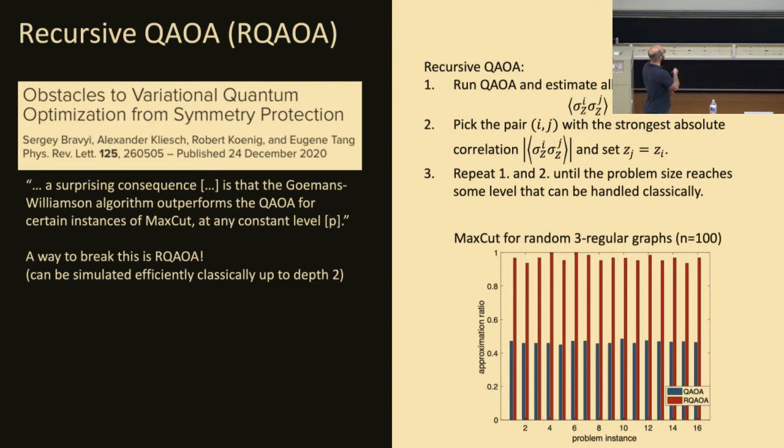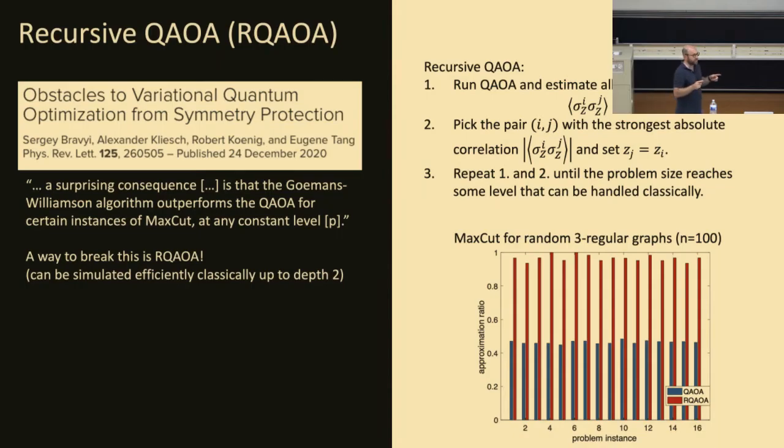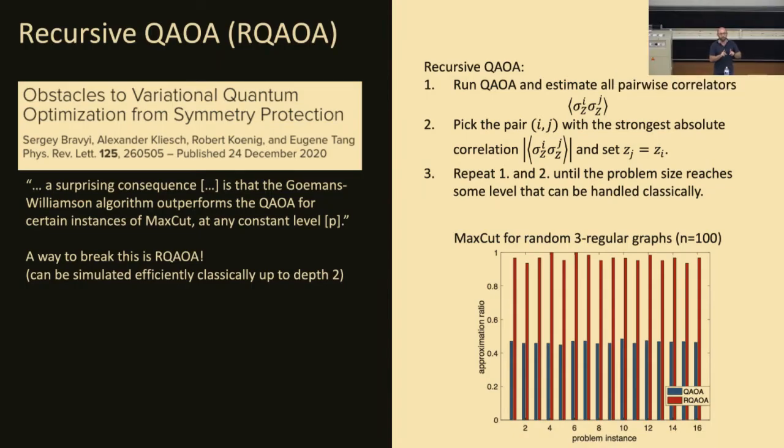So what is the idea? You run QAOA, you look at your samples, and you don't look at the full bit string, but let's say we only look at two variables. And what we do is we look at all our samples and we check the correlation for these two variables. Since we have plus minus one, are both of them always pointing up, both of them always pointing down, or are they completely uncorrelated? If we find a very strong correlation, then it might be a good idea to just set them to one variable and treat them as a single one. So take one variable out of the problem. And that's essentially the idea. So we look at these pairwise correlators, which essentially means we check all variables, and then we select the pair with the strongest correlation.